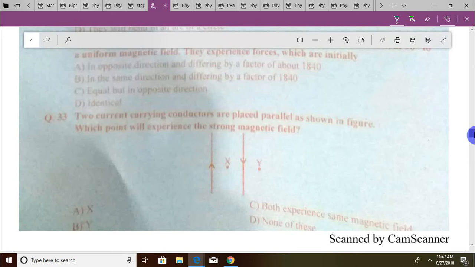2 currents carrying conductors are placed parallel as shown in the figure. Which point will experience the strong magnetic field? आपको गौर करना चाहिए, ये डायरेक्शंस जब ऑपोजिट होती है ना तो यहाँ अट्रैक्शन नहीं होती। करंट के केस में वहाँ रिपल्जन होती है। रिपल्जन की वजह ये होती है कि ये जगह स्ट्रॉन्ग हो जाती है जबकि ये वीक होती है, इसलिए स्ट्रॉन्ग की वीक की तरफ हमेशा फोर्स एक्ट करती है। इसका मतलब है एक्स इज स्ट्रॉन्ग।